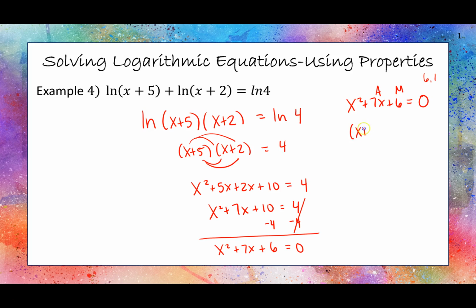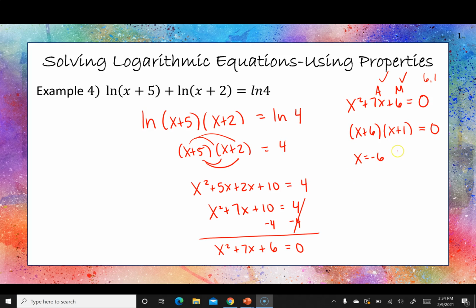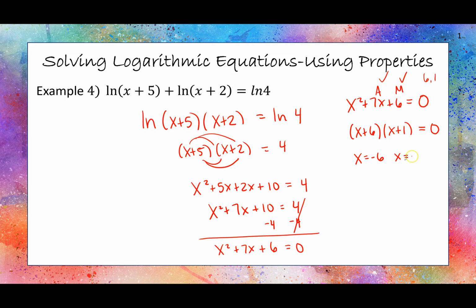So it's going to be x plus 6 times x plus 1. So certainly 6 times 1 gives us our 6, and 6 plus 1 gives us our 7. So this is going to be equal to 0. And then solving this, I just get x equals minus 6, and I get x equals minus 1. So we always need to check these